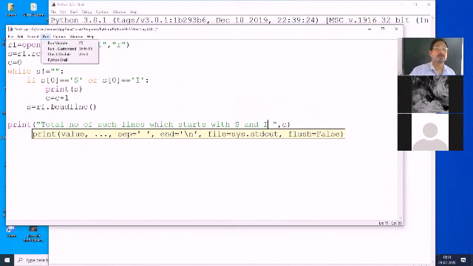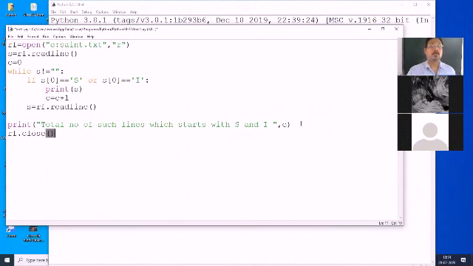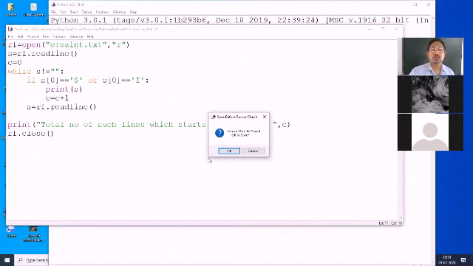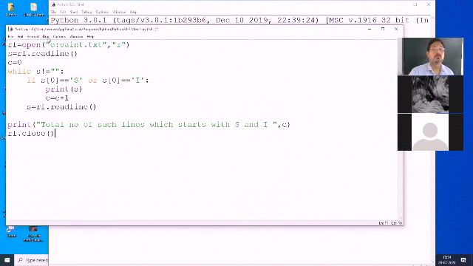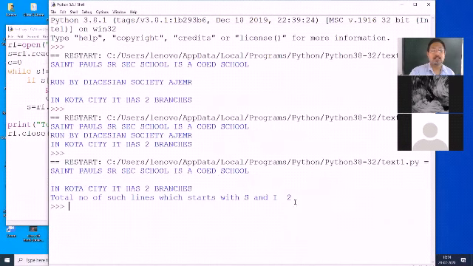And run it. Close the file if you want to. And run the program. So 2 lines, one this line and one this line.